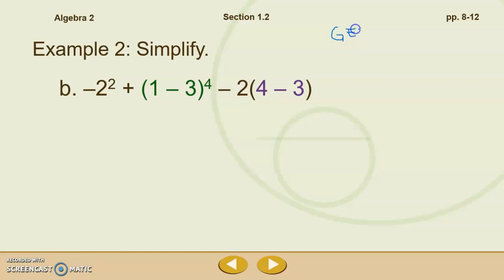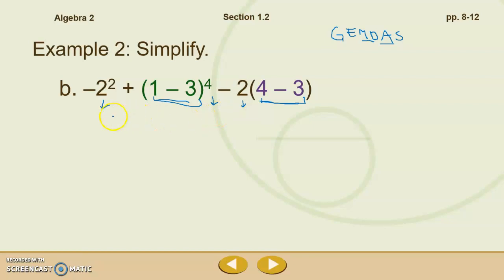So we were looking at our acronym, GEMDAS: grouping symbols, exponents, multiplication and division from left to right, and addition and subtraction from left to right. And we identified that we needed to simplify some grouping symbols here. So again, we put brackets underneath, so I know this is what I'm simplifying. Everything else comes down. So everything else that doesn't have a little bracket around it, I will bring down as